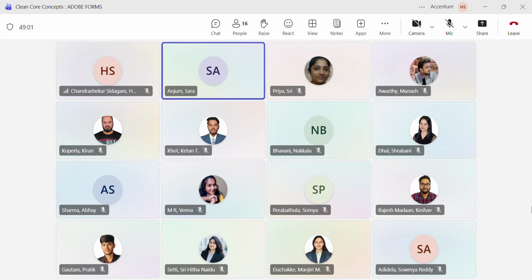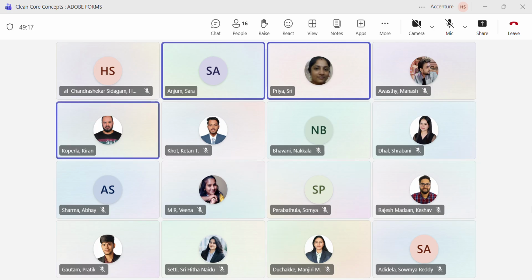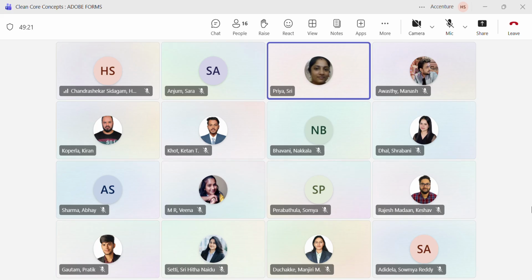If anyone has any doubts, please call out now. If no doubts, also please go through the session and the topics that Sarah and Manish have discussed, and you can reach out and we can have a session for your queries also. Harsha, you will be taking up